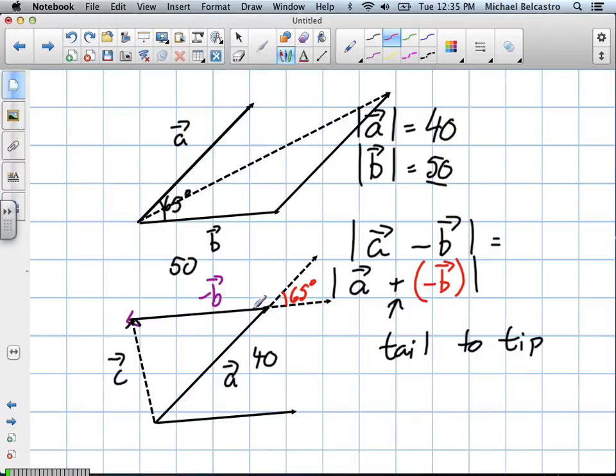Because these are opposite angles, we also know that this will be 65 degrees. So the angle between those two is still 65 degrees. It hasn't changed in this case. We have two opposite angles. If that's hard to see, what I'll do is